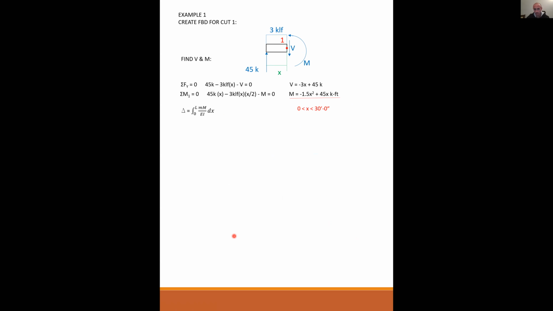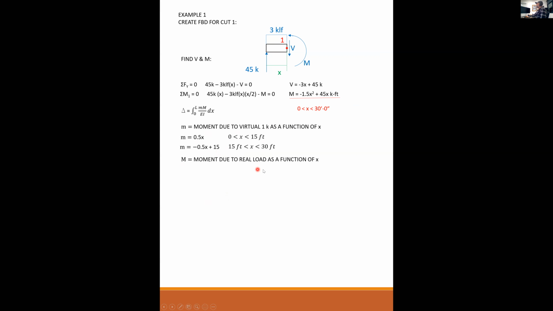You have to take from 0 to L, so 0 to 30. So 1 little m is valid to 15 feet. The other little m is valid from 15 feet to 30 feet. So I think you guys are on the right track. What I need to do, oh, well, I got some definitions here. Moment due to the virtual 1 kip as a function of x, little m equals 0.5x from 0 to 15, and minus 0.5x plus 15 from 15 to 30. Capital M is the moment due to the real load, and that is equal to minus 1.5x squared plus 45x